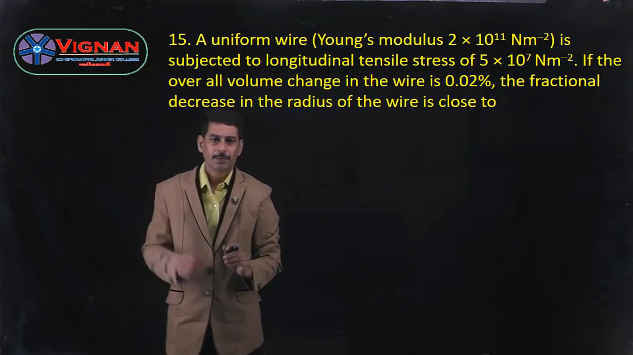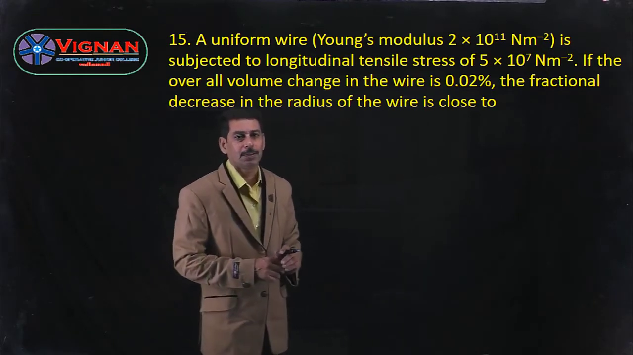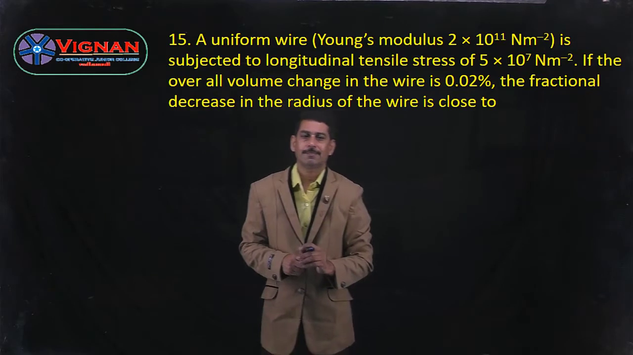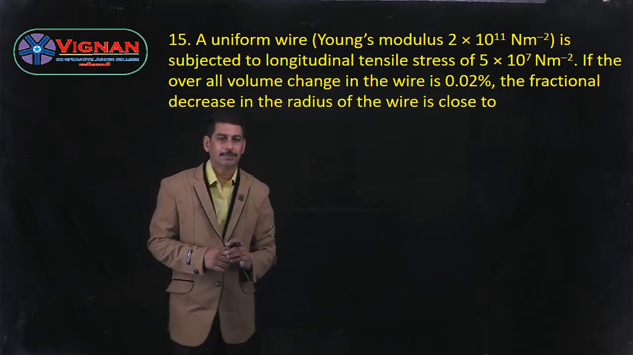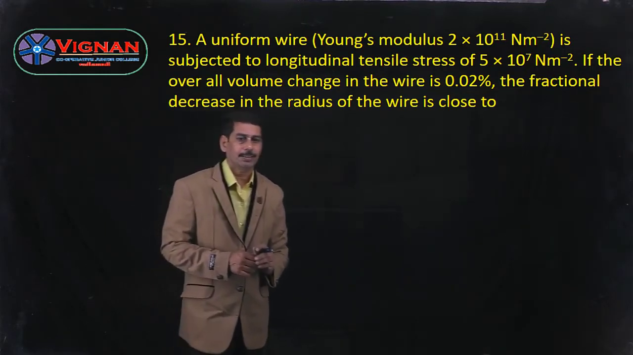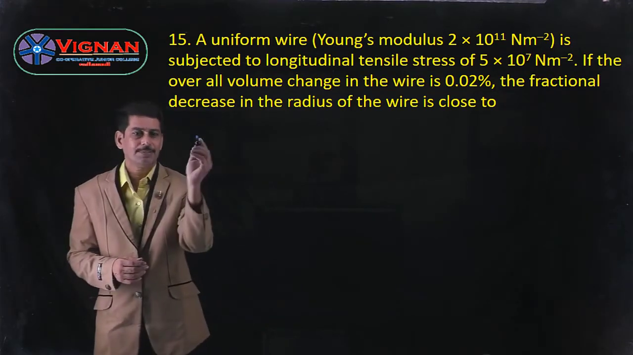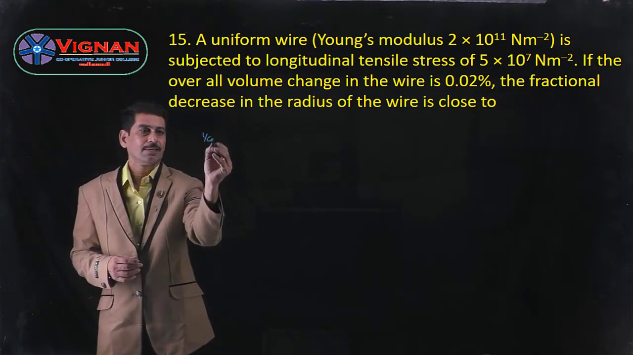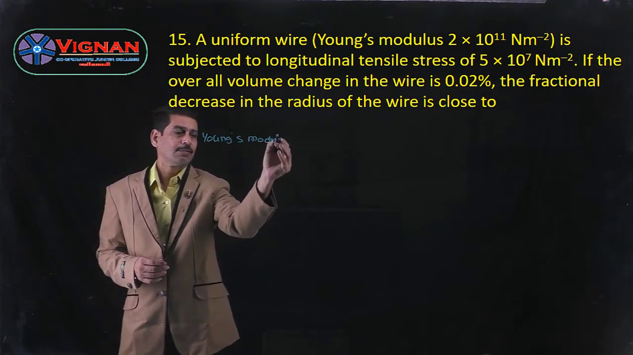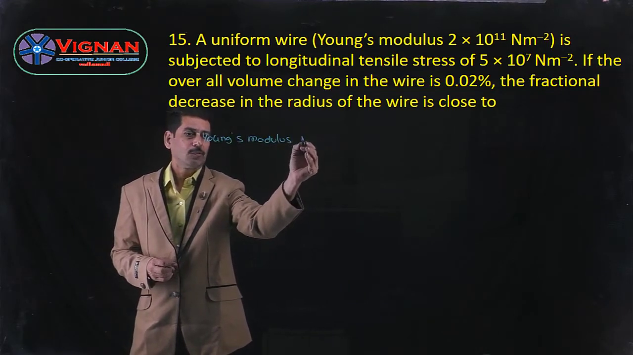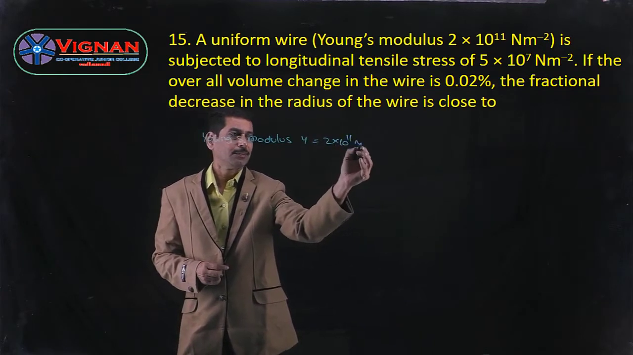So the next problem: the uniform wire, Young's modulus is given as 2 into 10 power 11 Newton per meter square, is subjected to longitudinal tensile stress of 5 into 10 power 7 Newton per meter square. If the overall volume change in the wire is 0.02%, the fractional decrease in the radius of the wire is close to. So here the Young's modulus of the wire is given as